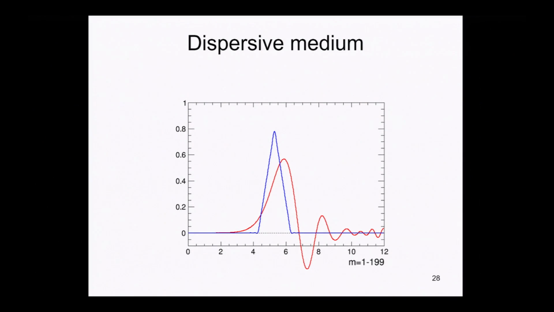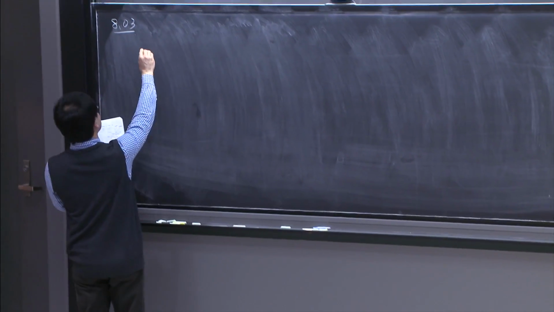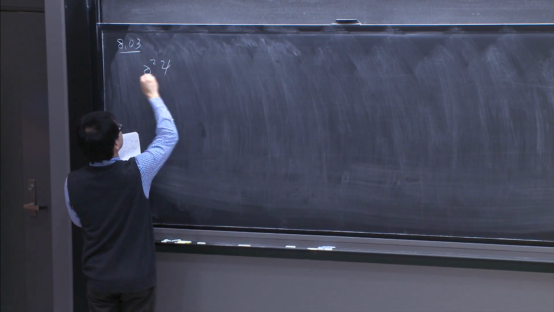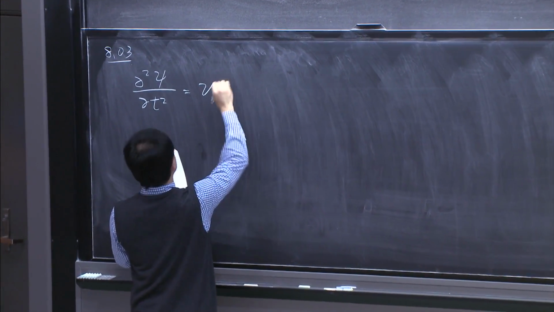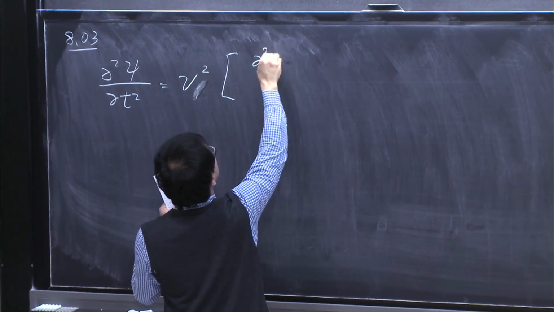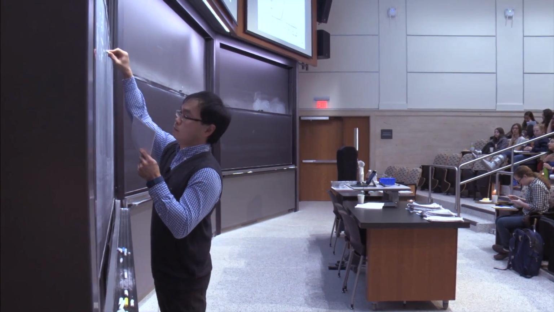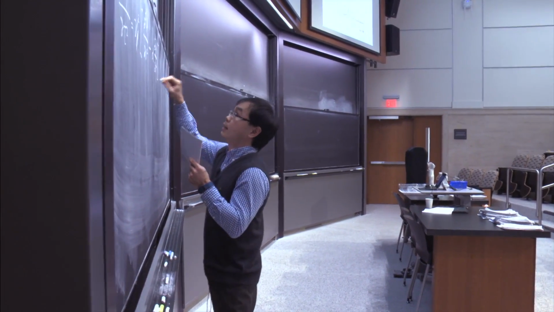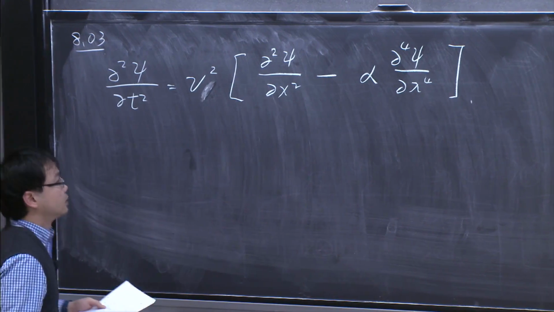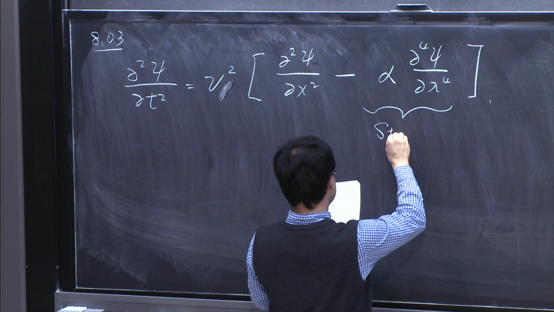So basically, what we found is that if you have a certain kind of wave equation, like this one, yeah, I'm writing this one here. Basically, if I add an additional term to describe the stiffness,